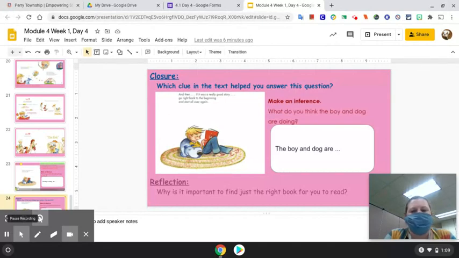Why is it important to find just the right book for you to read? I want you to think about that for a moment. Why is it important to find just the right book for you to read? And when you're ready,